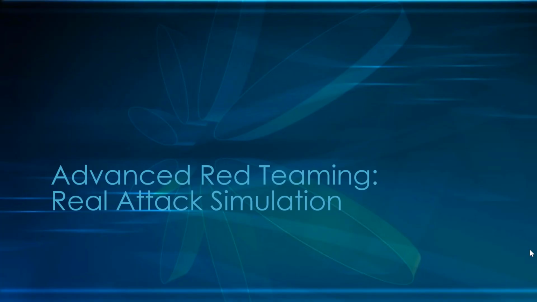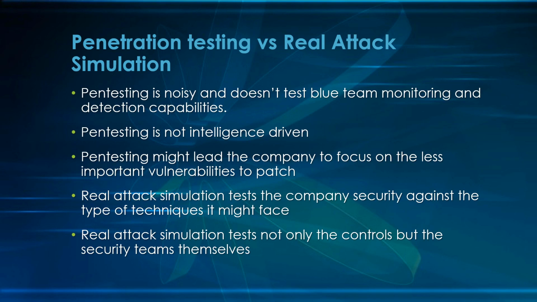So after we covered how real attacks look, how advanced persistent threats look, now let's talk about penetration testing. There are two different types of penetration testing. One is the traditional penetration testing, which we already know, and the other is called red team operations. For penetration testing, when it is being conducted, the company that conducts it makes a contract